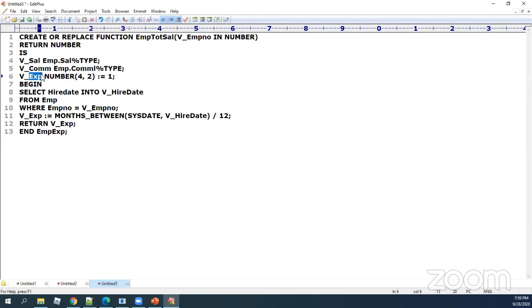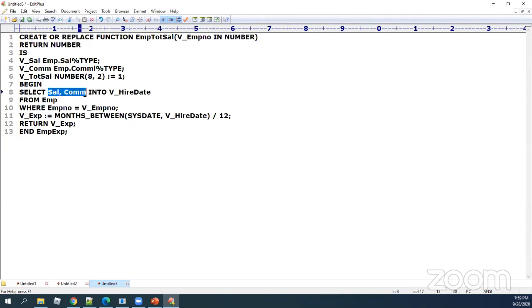Now we need to capture the total salary, so I'm saying v_total_sal variable, and salary definitely has some criteria of number of values. Precision and scale should be adjusted. Now here I'm declaring my sal, comma, commission.